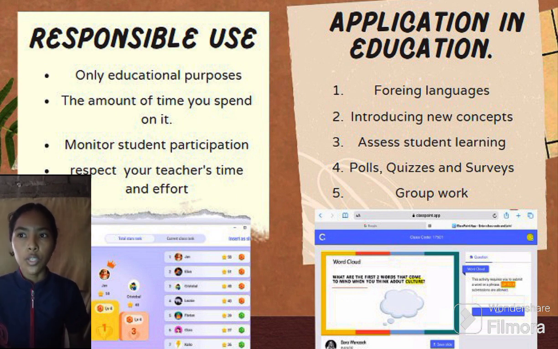A foreign language teacher could use Classpoint to create a game where students can test their knowledge, learn vocabulary, also learn grammar, to do activities, even role play activities. So this will help the students to learn the language in a more fun and engaging way. There are a variety of different activities that teachers can choose from this application to do with their students, including